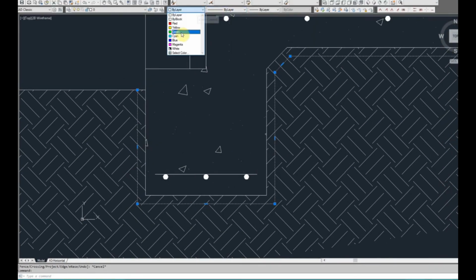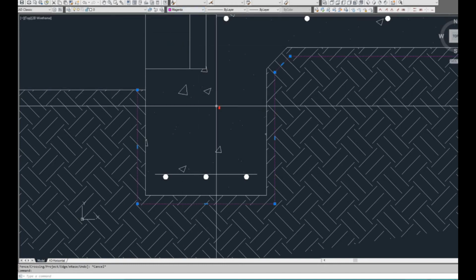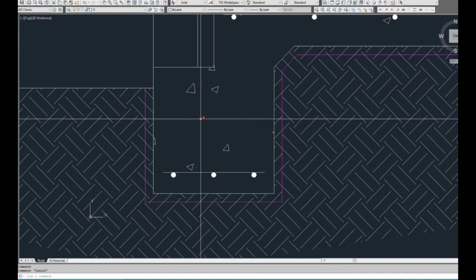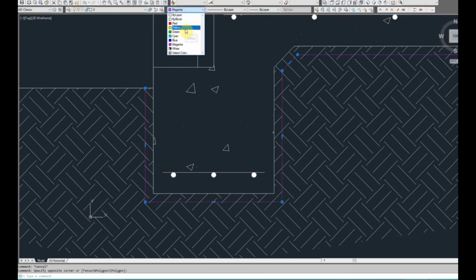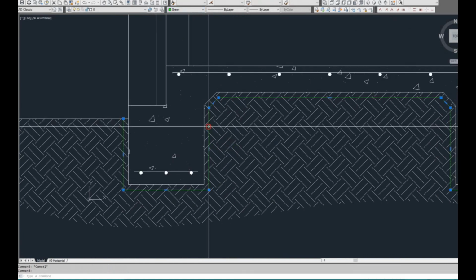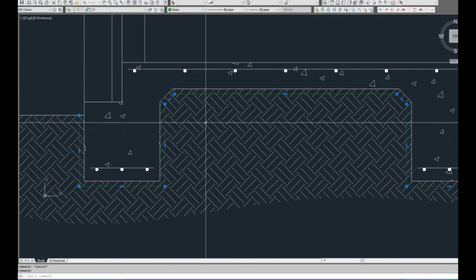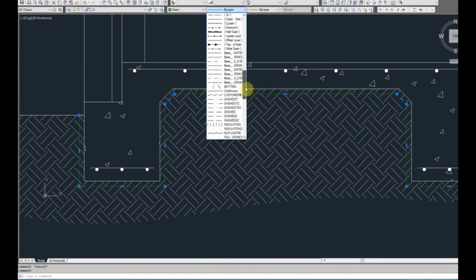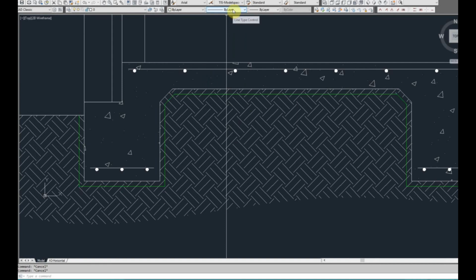I'll change it to another color. Hopefully you can see this on the screen once I've uploaded it to YouTube, because some colors don't look very good on the screen. That might not be easy to see. Maybe green might be a bit better. So generally you'd show a dashed line. I've got some line types already loaded in here, but if you don't have line types loaded in there,